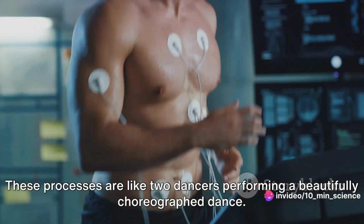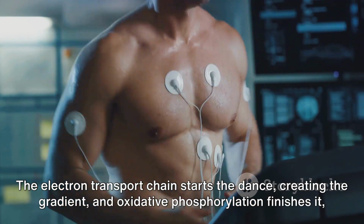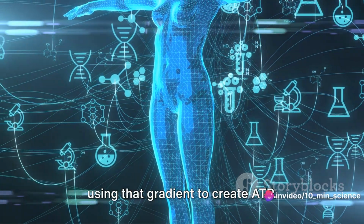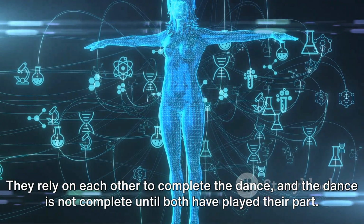These processes are like two dancers performing a beautifully choreographed dance. The electron transport chain starts the dance, creating the gradient, and oxidative phosphorylation finishes it, using that gradient to create ATP. They rely on each other to complete the dance, and the dance is not complete until both have played